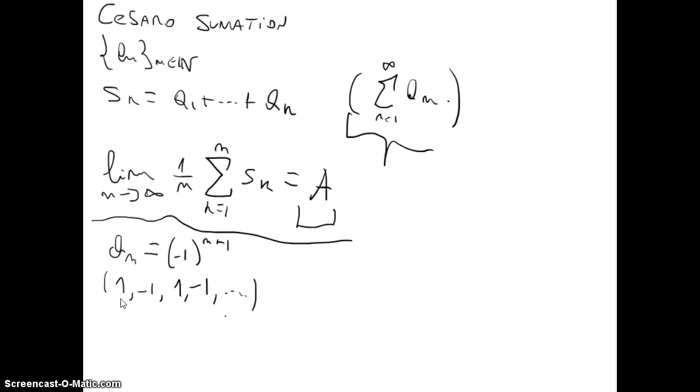And this series clearly does not converge in the usual way. If we consider the partial sums, we will have 1, then 0, 1, then 0, so they will never converge in the usual way. But if we consider the Cesaro summation,